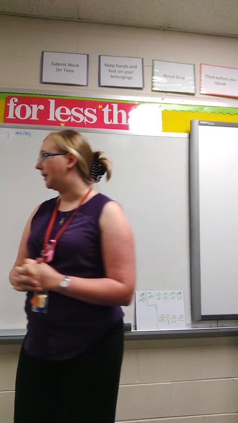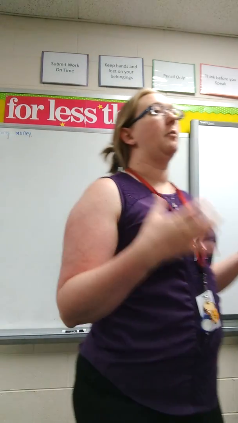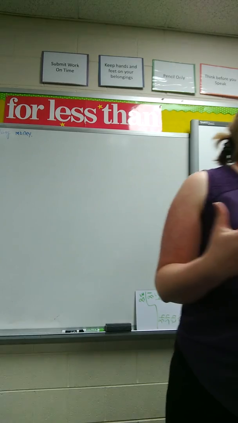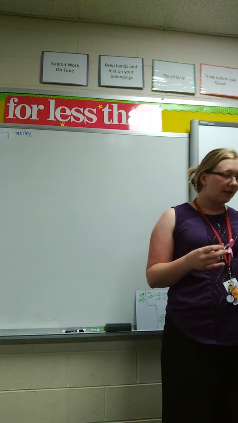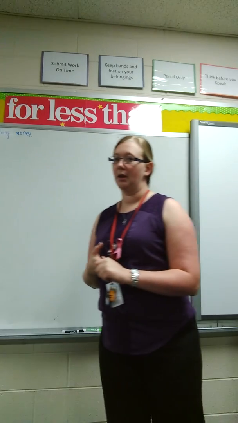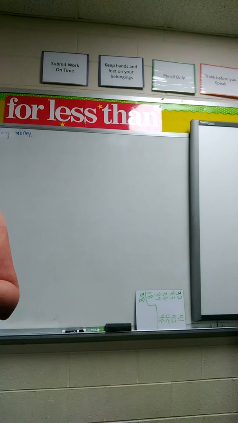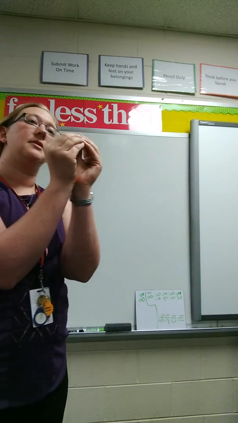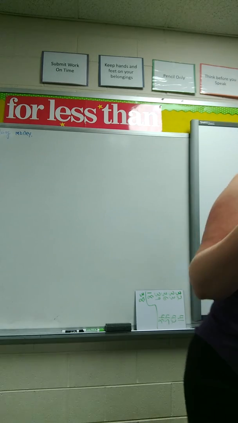We are looking at lesson 3.2 in our Glencoe Accelerated Math book on rational numbers. Before we do anything else, we need to figure out what types of numbers we have in our world. That's called the number hierarchy. So if we were going to look at different types of numbers from the most specific to the least specific,